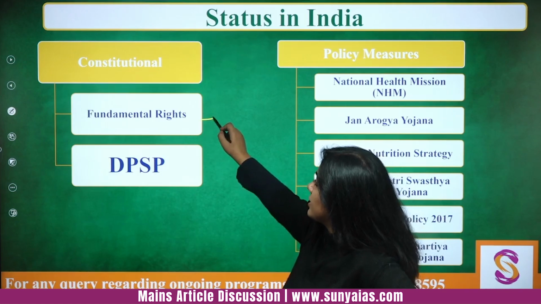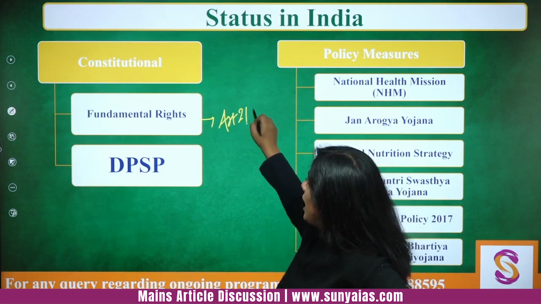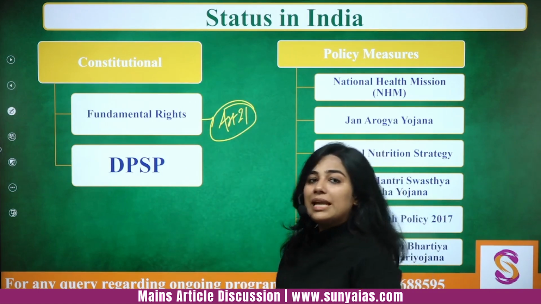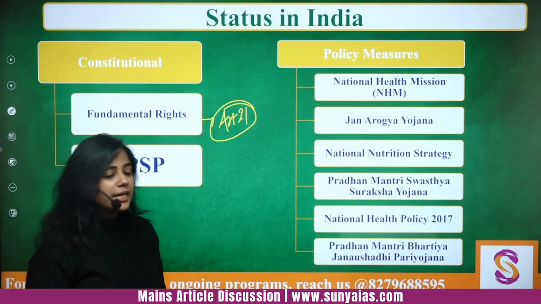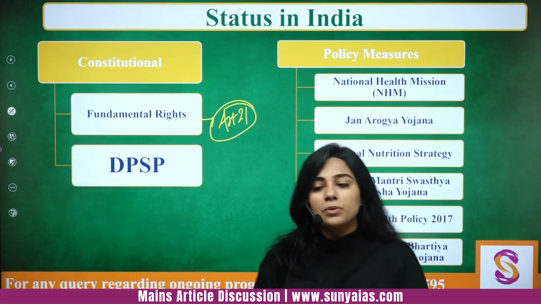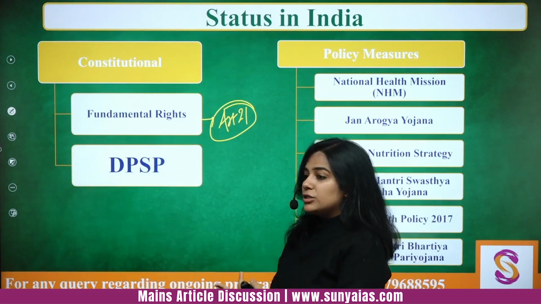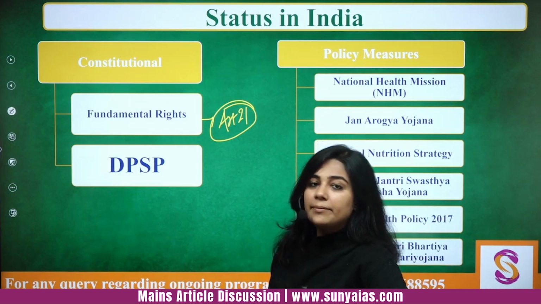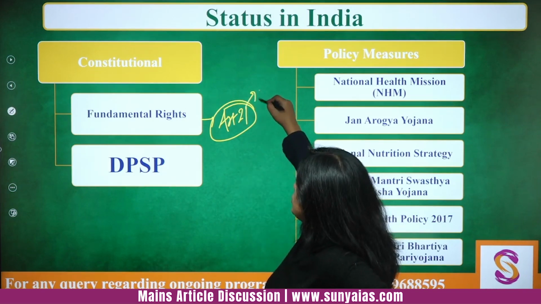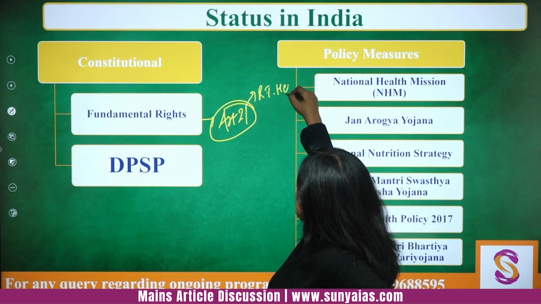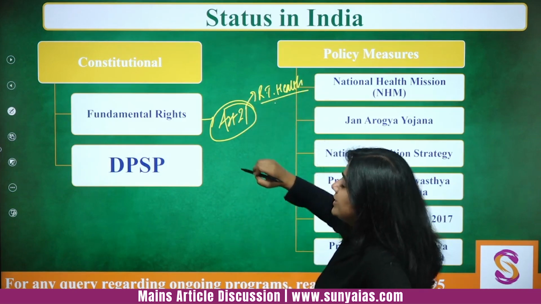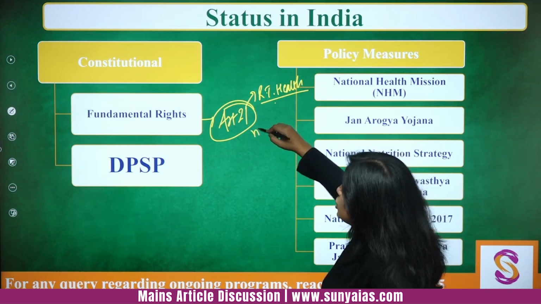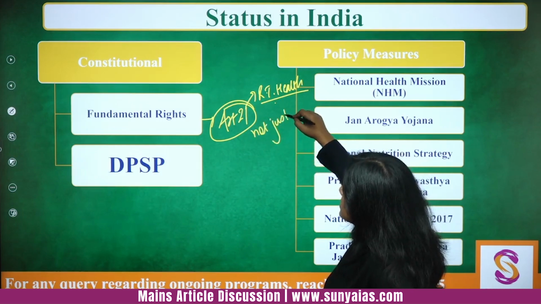For example, Article 21. Article 21 is right to life and liberty and life with dignity. ठीक है, तो आर्टिकल 21 में सुप्रीम कोर्ट ने मल्टीपल जजमेंट से ये इंटरप्रेट किया है दैट राइट टू लाइफ इंक्लूड्स राइट टू हेल्थ ऑल्सो. सिमिलरली मेनका गांधी केस में एक्सेप्ट किया है दैट राइट टू लाइफ इज नॉट जस्ट राइट टू एनिमल एग्जिस्टेंस, not